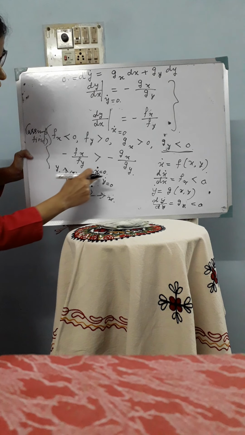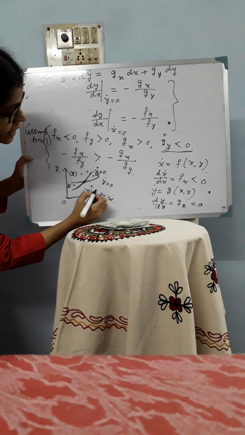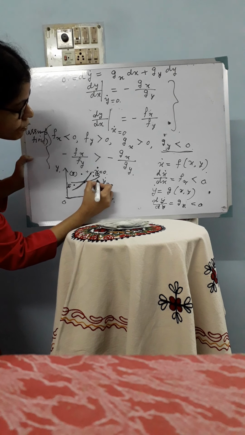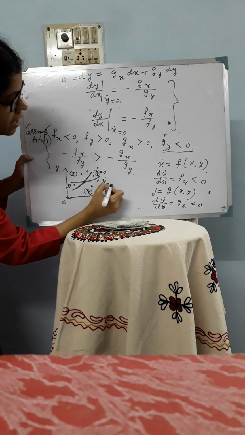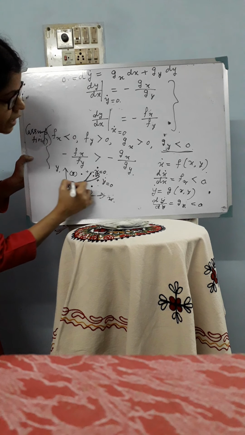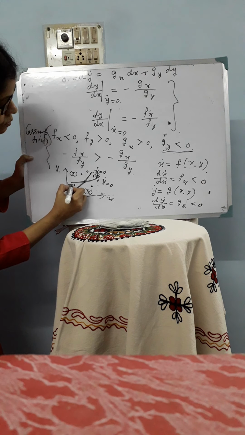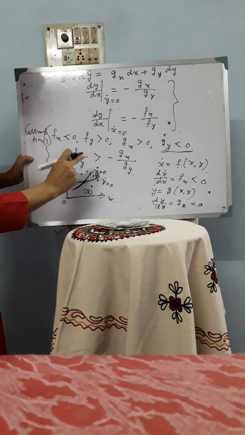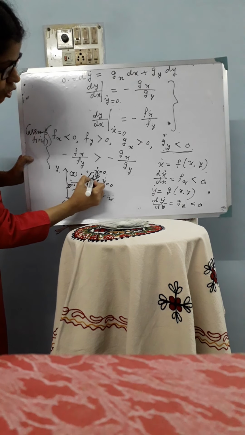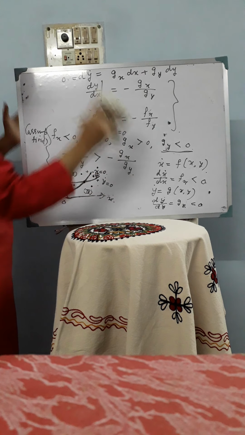Now on this curve, the value of y dot is 0. Now we are going up, and when we are going up, y dot is declining. So in that case, to the right of the y dot is equal to 0 curve, the value of y dot is positive, and to the left of this curve the value of y dot is negative. So we can say that here it is positive, here it is negative. So we have to consider these facts in determining the movement of x and y with time in 4 different zones.